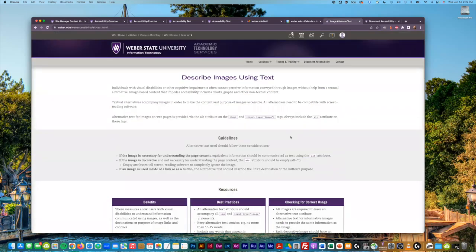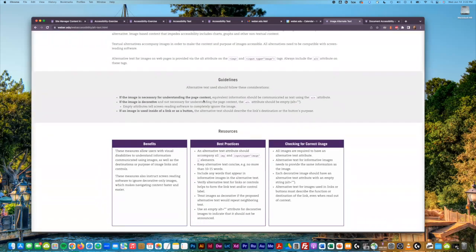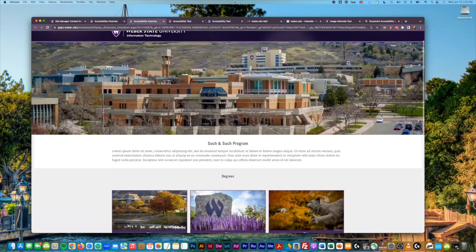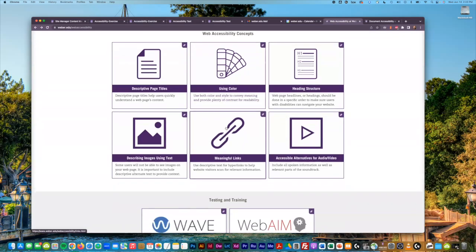Let's go back to this page. So the guidelines and everything that I'm saying, you can also read on this page, and you can see the benefits, best practices, checking for correct usage, which we'll go over in a few minutes. But yeah, you ask yourself, is it necessary for understanding the page content? Is the image decorative? And if the image is used inside of a link or as a button, then you definitely should have alternate text to let them know where they're going, which segues us into our next topic,